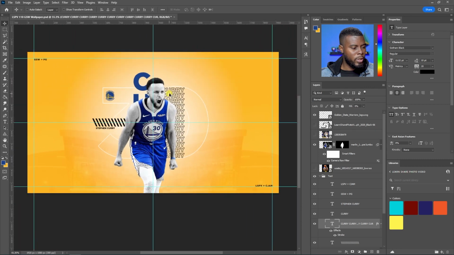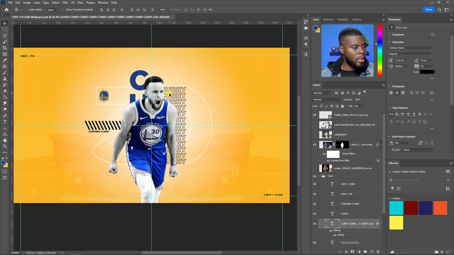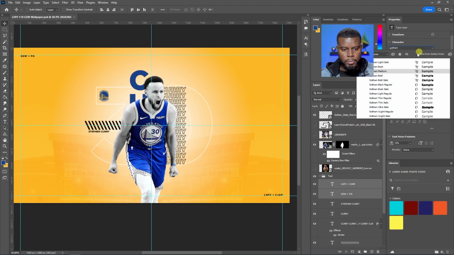Yeah, that looks more like it. What do you guys think? What was I doing? Oh, I said I wanted to add another image, right? Let me go ahead. Well, you see this LSPV CJam and the GSWPG. That doesn't need to be as thick as the Stephen Curry here. Let me change that to Gotham